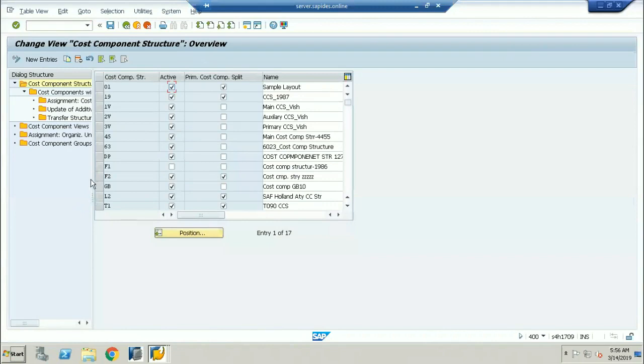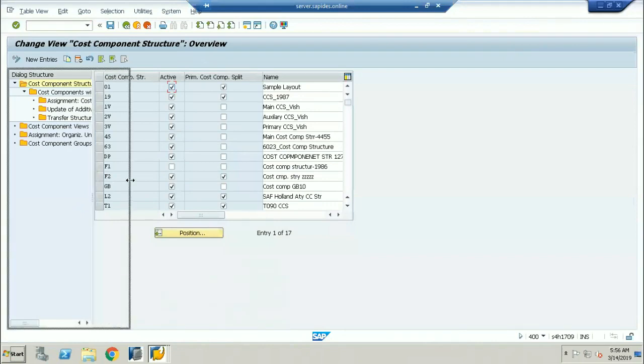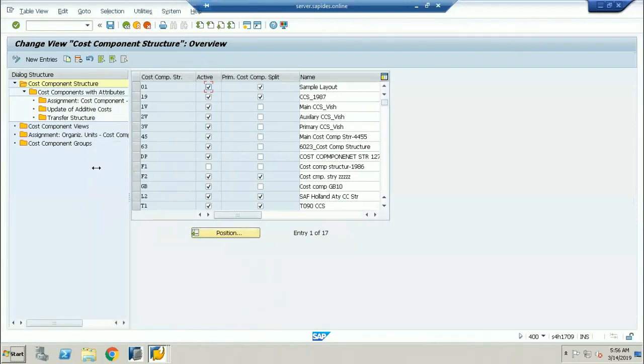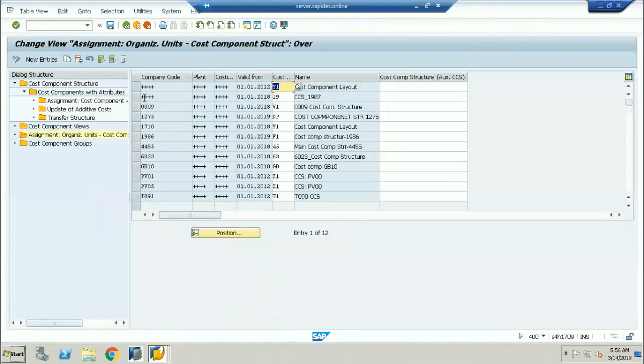I'll scroll down and go to the organizational assignment. These are going to be my company codes. All the company codes have been maintained here.